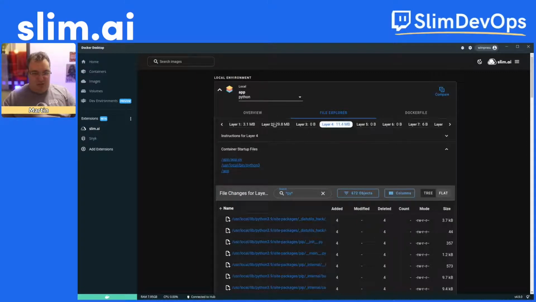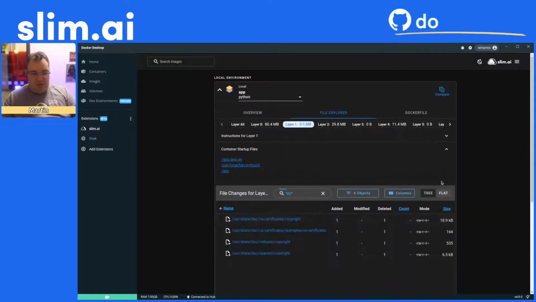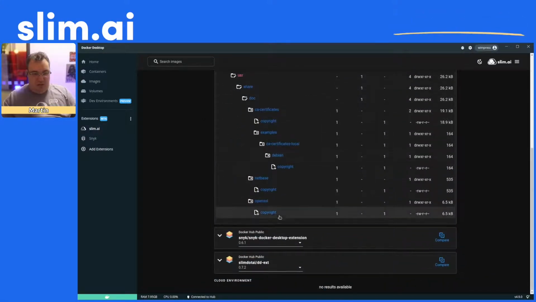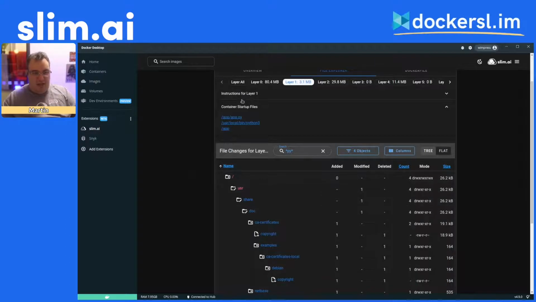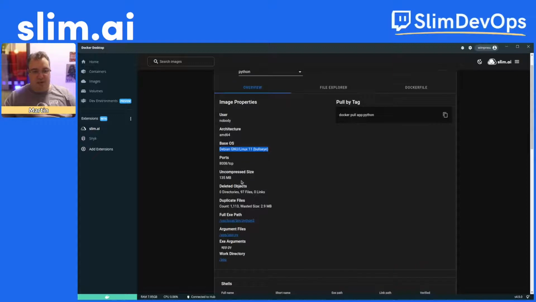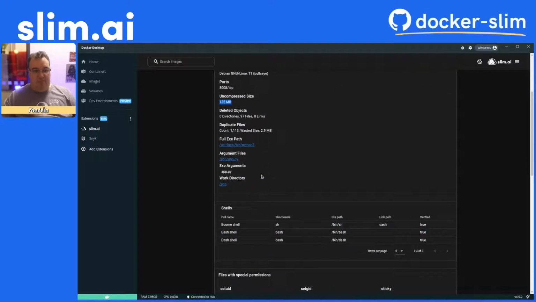That was a big change. Let's look at something smaller. What was happening in here? Tree view. Okay, and then in the overview section here, we can see, here we go, we're using user nobody. We can see the architecture, we can see the base image. So although this is a container that's published by the Python project, it's an image that's based on Debian. We can see the port that's exposed, we can see how big it is, and then we can also see